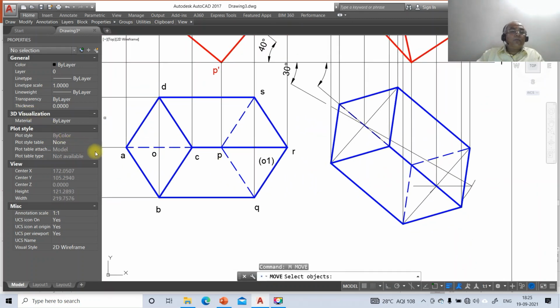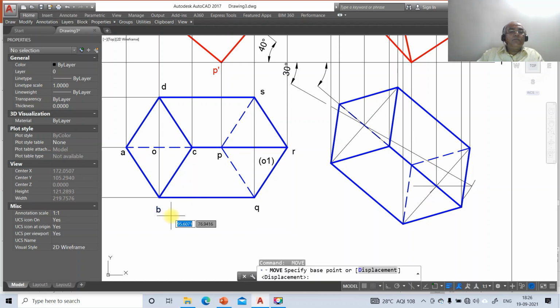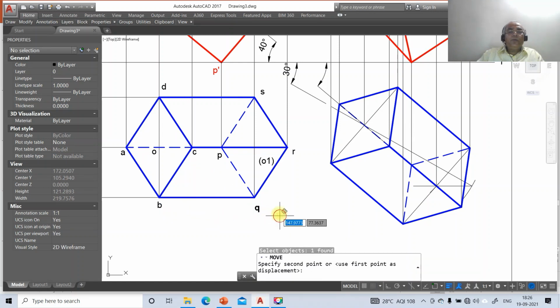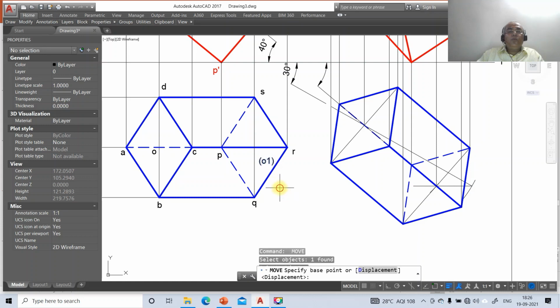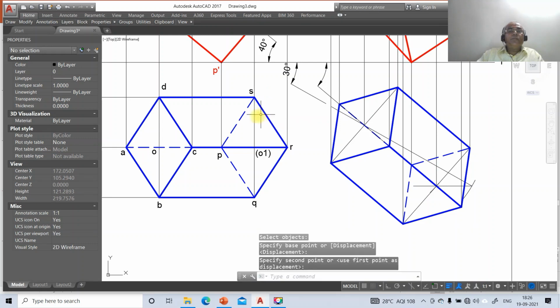Now go to move A, move O, move C, move B, move Q, move O1, move R, move S, move D.